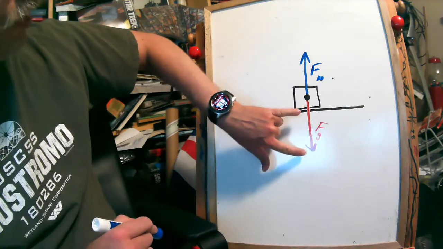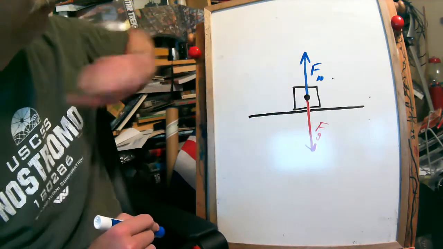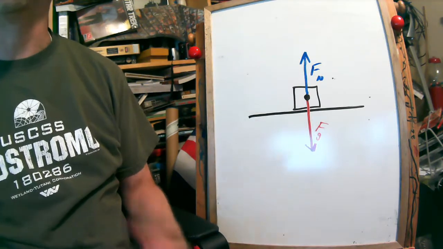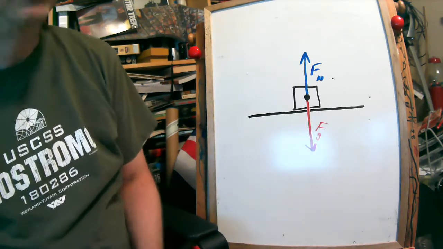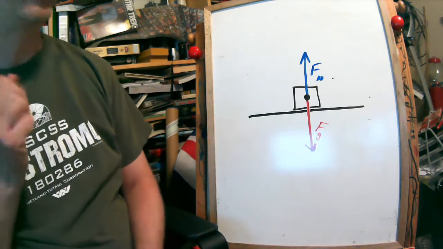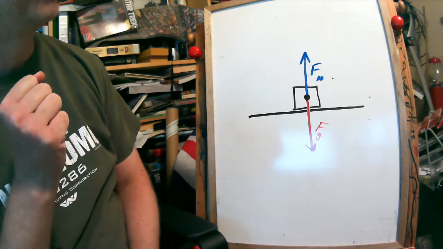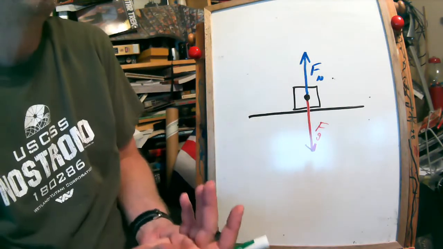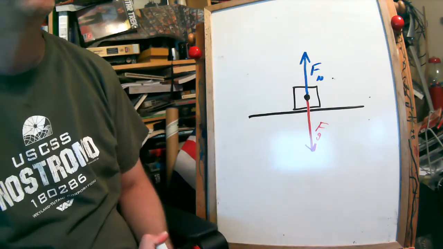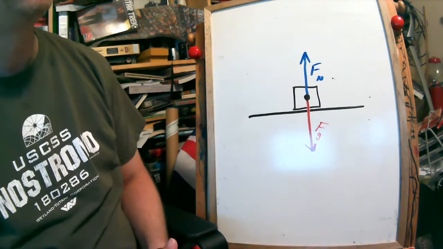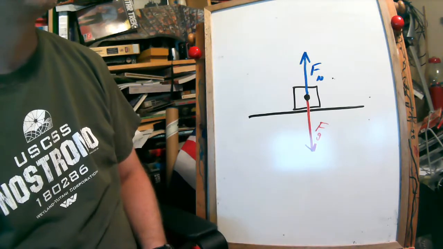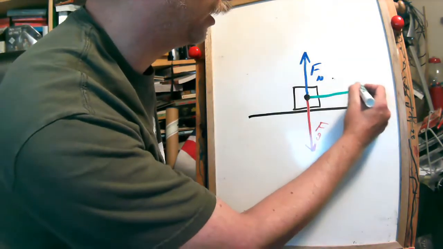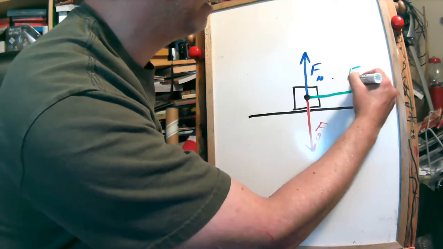Again, as much as possible, I'm trying to get these so that they reasonably look like they're the same size. Now, here's the part that kicks in because we're trying to move this box. That means there's an applied force. In the question, it doesn't specifically say whether it's pushing it to the right or to the left. I'm just going to assume that I'm pushing it to the right because if the questions are vague, usually we assume that the applied force is to the right. So I'm going to draw that in, pushing this to the right, and I'm going to label it as